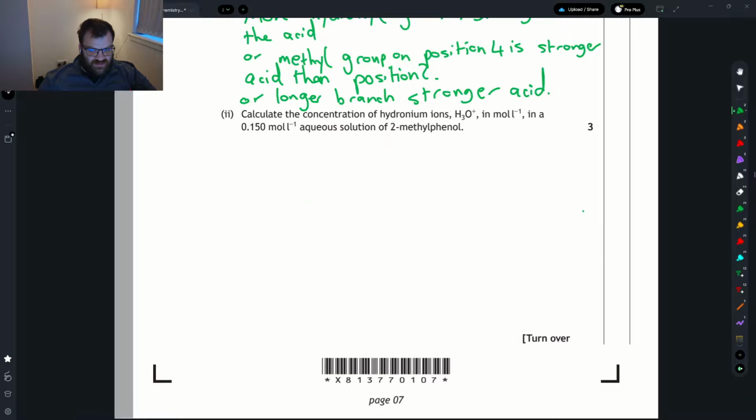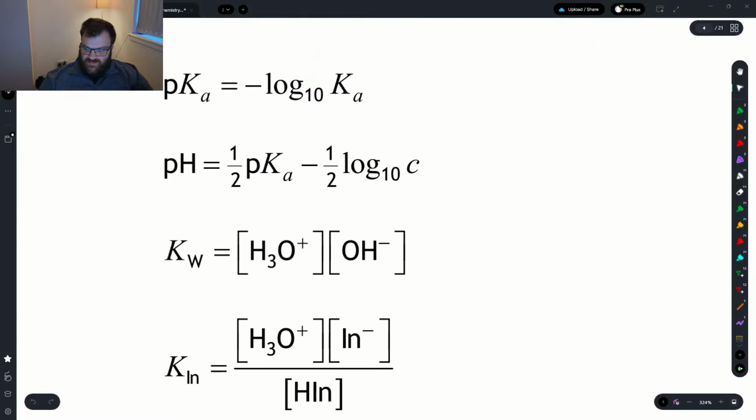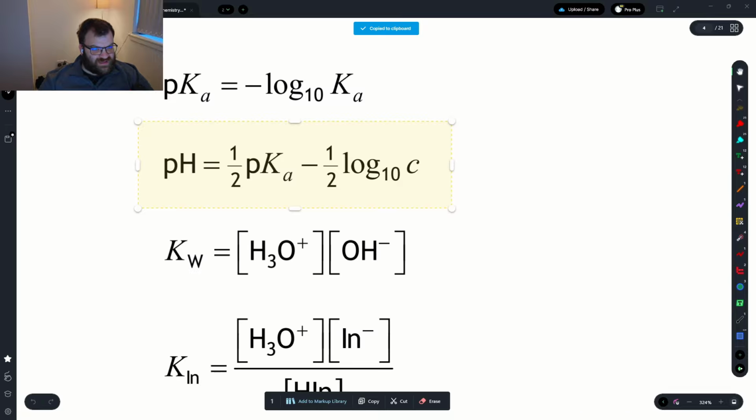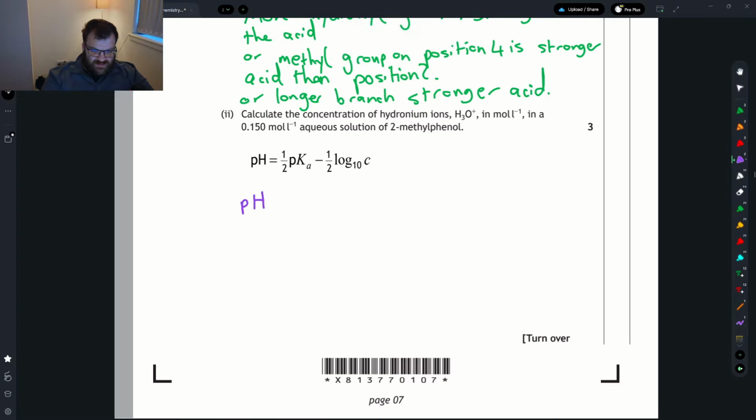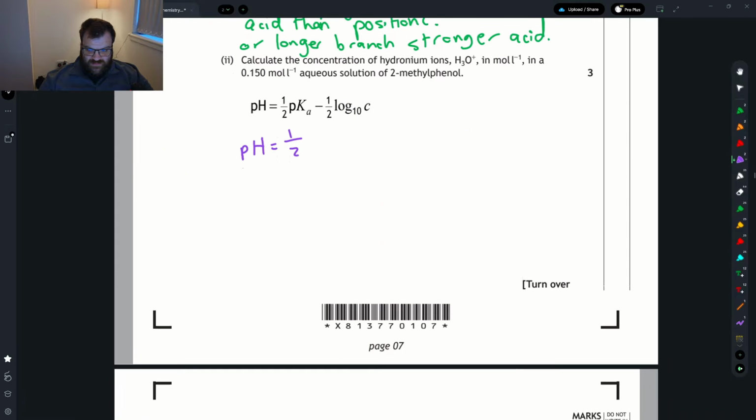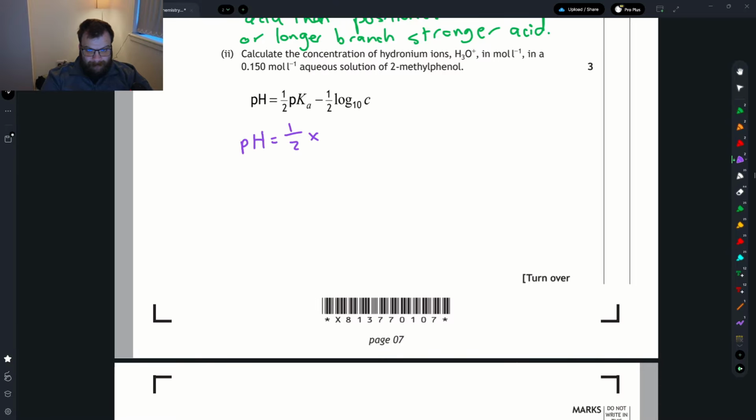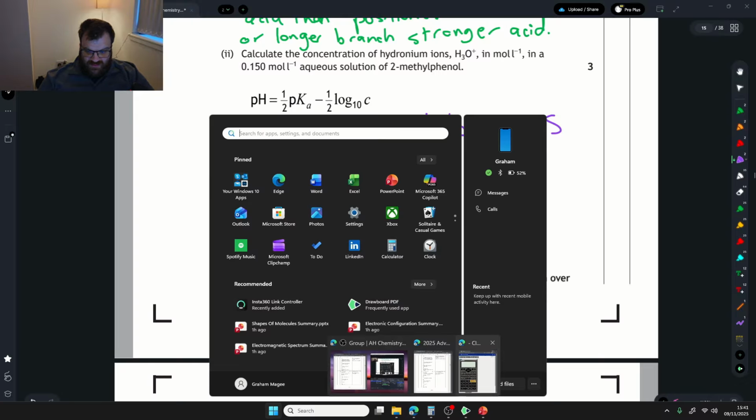Next question, we're asked to work out the concentration of H3O positive in this particular weak acid. So when it comes to weak acids, we need to use pH equals half pKa minus half log base 10 of C. That means pH is going to equal a half of, so 2-methylphenol, 10.29, minus half log base 10 of 0.15. That means that pH equals,